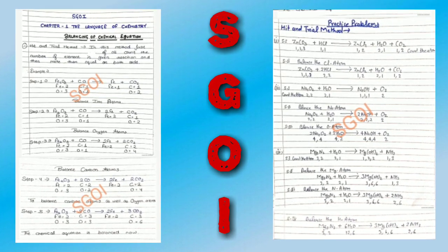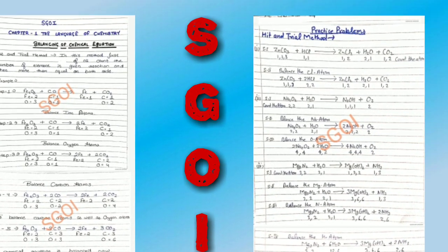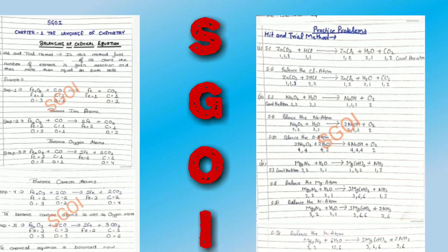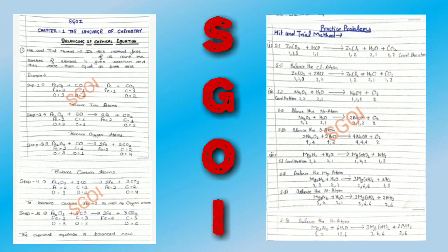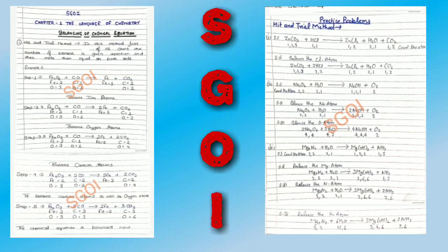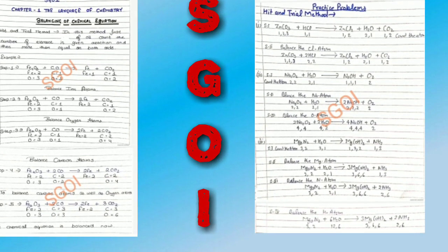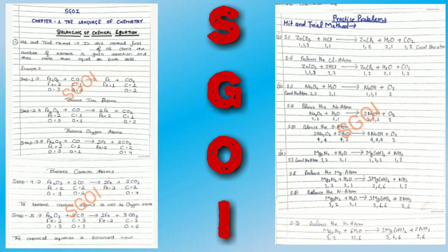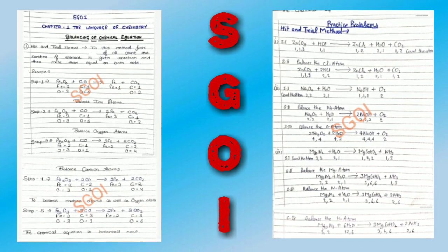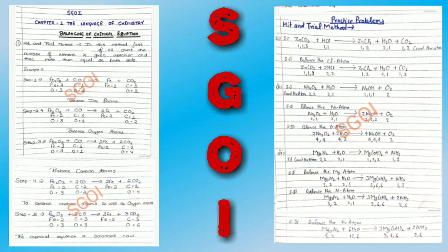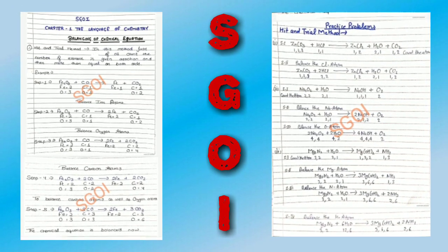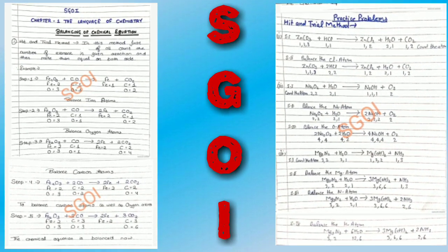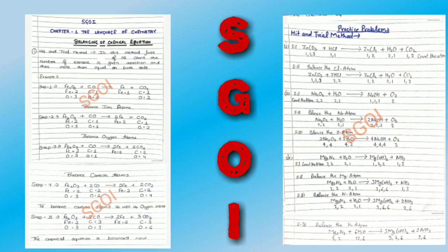That's why sodium is balanced. Now in the third step, balance the oxygen atom. What can I do? Multiply 2 in H2O and 2 in Na2O2. So the oxygen atom is how much? 6. Again sodium, NaOH multiplied by 4. Here oxygen is 4, in the product oxygen is 2. That's why oxygen is balanced. So the balanced equation is what? 2 Na2O2 + 2 H2O gives 4 NaOH + O2.